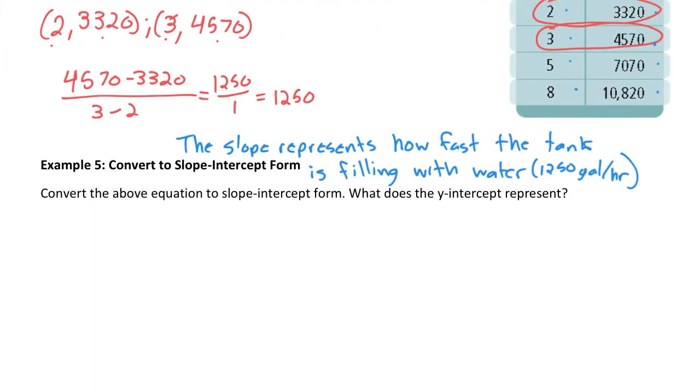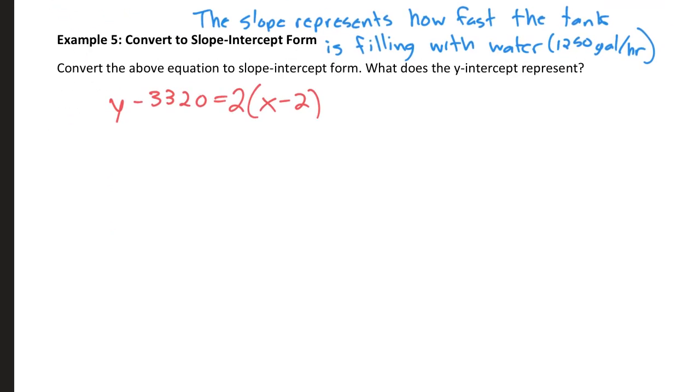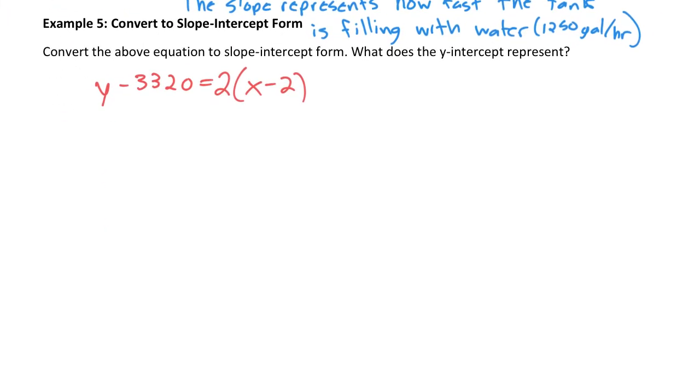So for our last example, converting to slope-intercept form. The first step, I'm just going to rewrite our equation. y minus 3320 equals 1250 times x minus 2. So we want this to become y equals mx plus b form. A quick way to do that, it's basically 2 steps. I'm just solving for y. So what I'm going to do, I'm going to distribute,